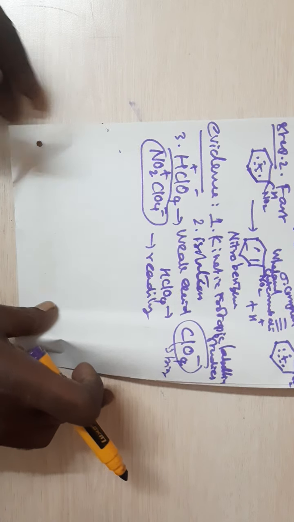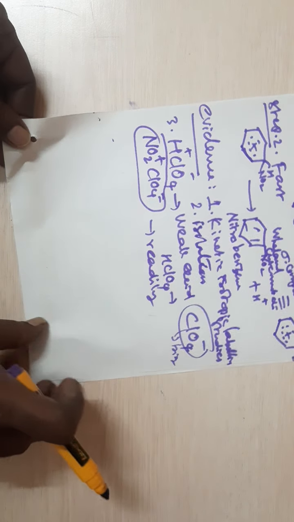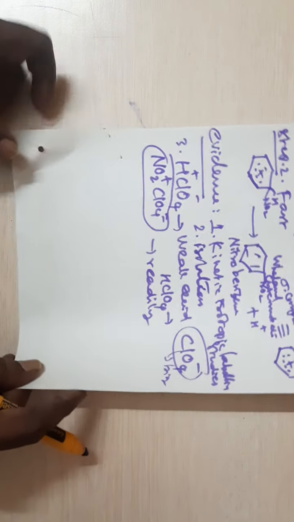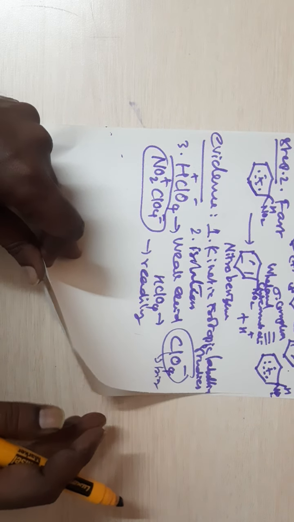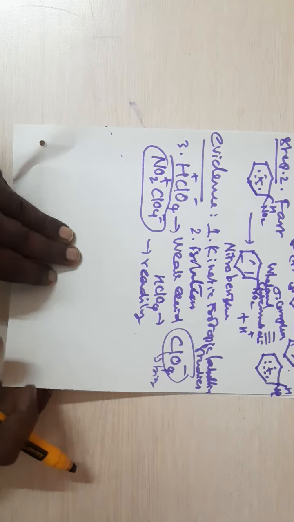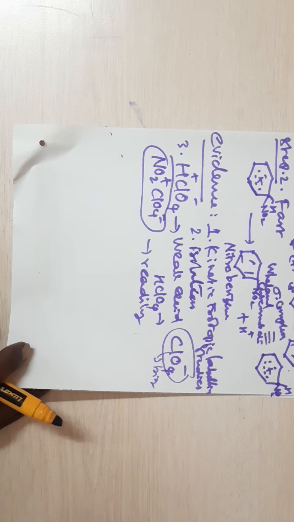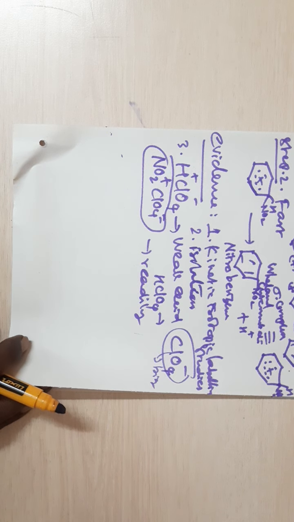Nitro compounds, if they are treated with nitroperchlorates, if they are treated with aromatic compounds, then they undergo the aromatic electrophilic substitution, namely nitration reaction readily. So these three evidences confirm that the nitro compounds are formed by aromatic electrophilic substitution from aromatic compounds when they are treated with a mixture of nitric and sulfuric acid.